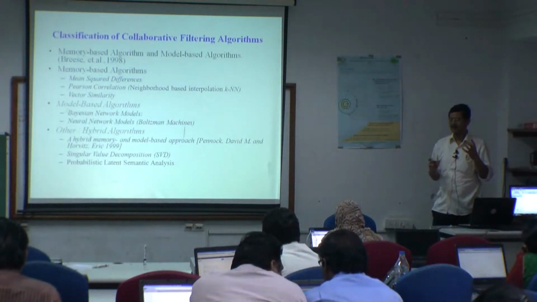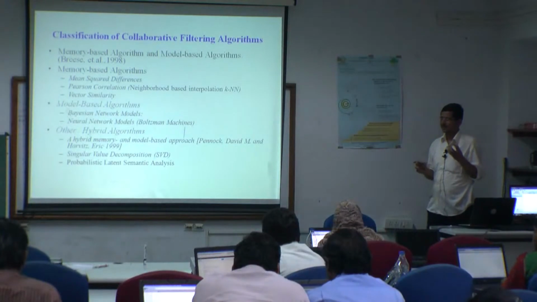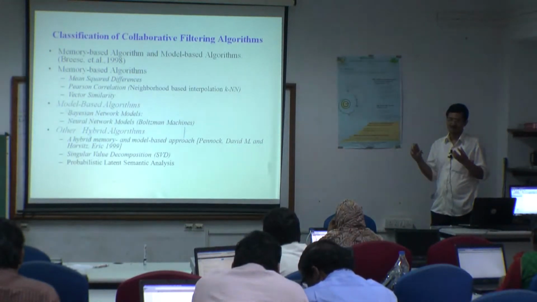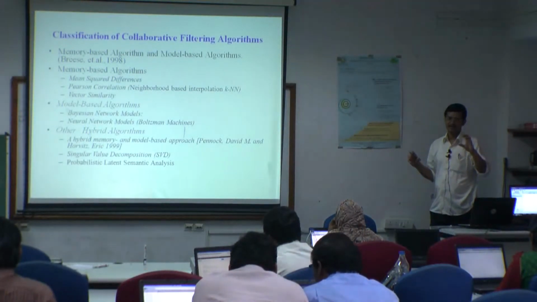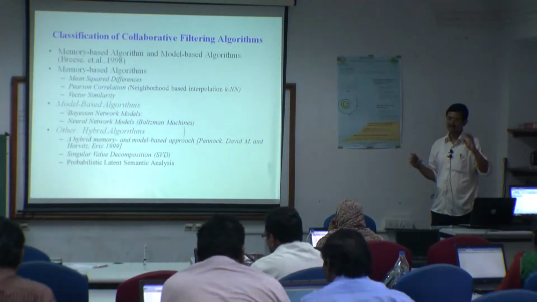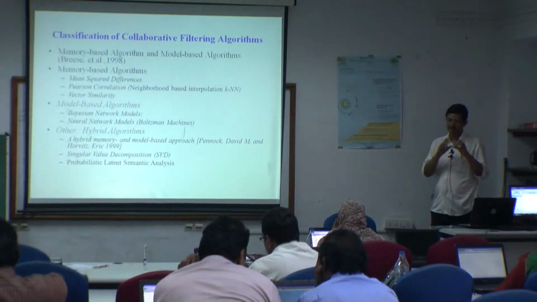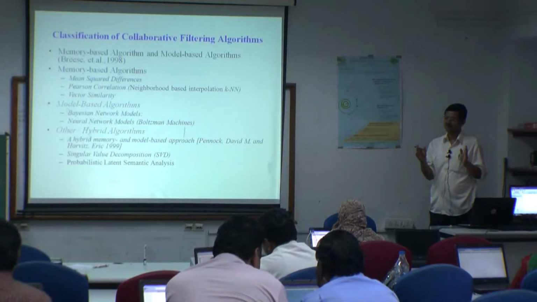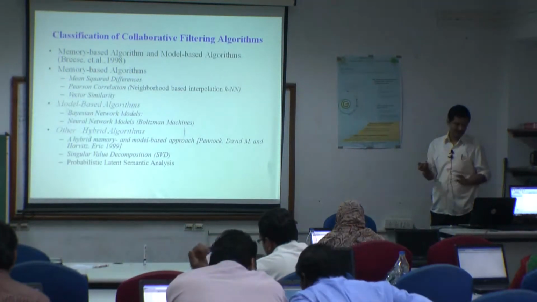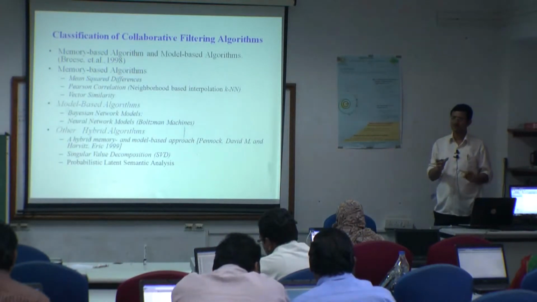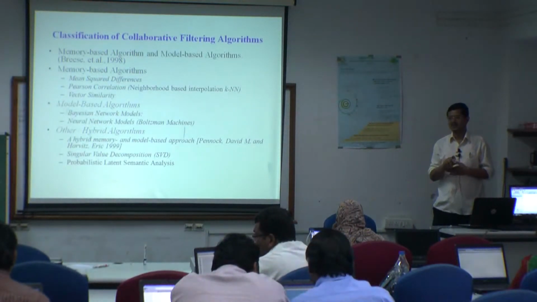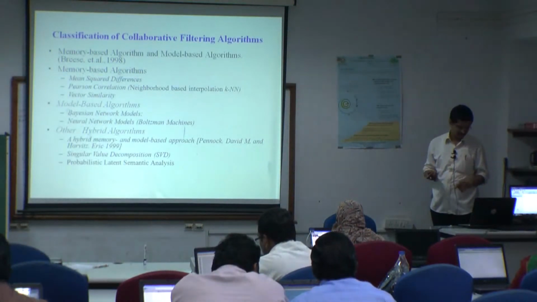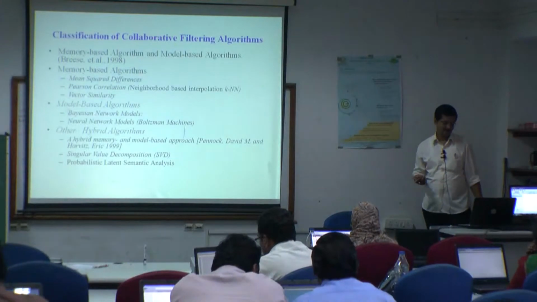I already said yesterday that the classification algorithm's intermediate stage is to develop the model. At the intermediate stage, first they take the input features from the user and then they create some rules. We put those rules together as a model. Generally the model based algorithm uses those models for predictions, and for that prediction purpose they use machine learning based techniques. There are some other hybrid algorithms also.